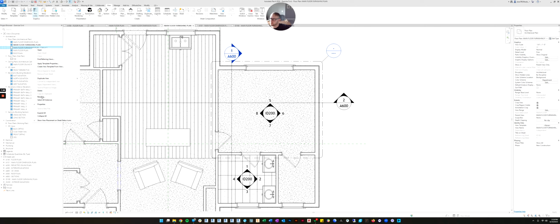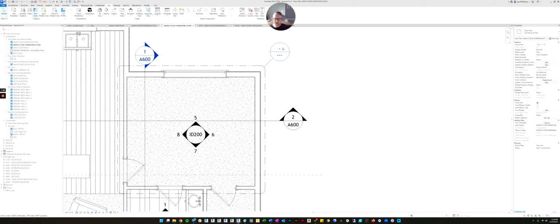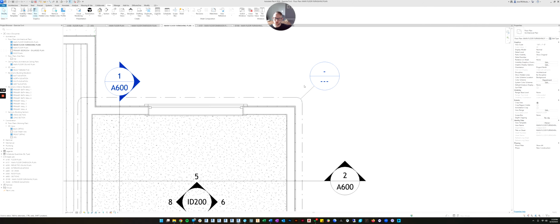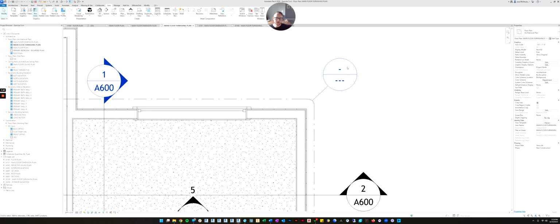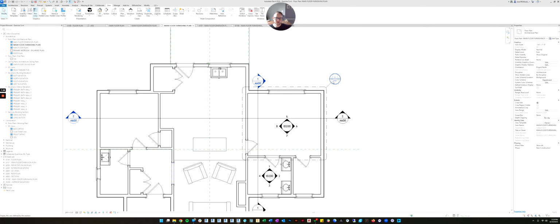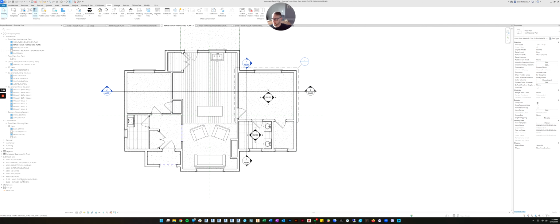So we will rename this, and we'll do primary bedroom, and then I'm just going to do a hyphen enlarged plan. Right, so we just want to label it what it is. So there's the enlarged plan. And again, like is typical, there's a circle, and Revit will fill in the view number and the sheet number once you've placed it on a sheet. So let's do that real quick.